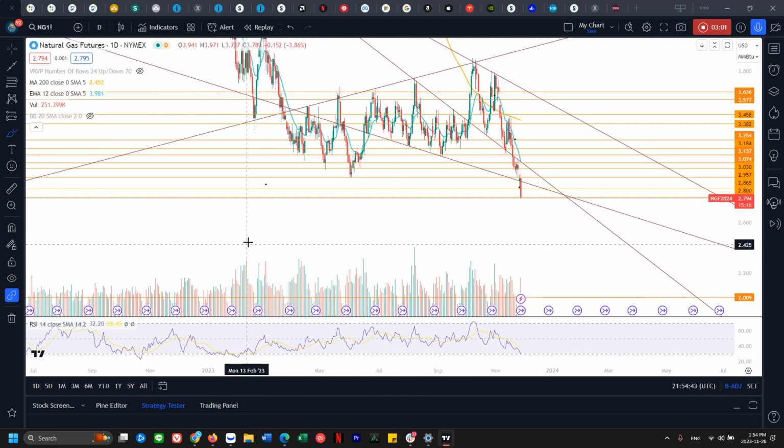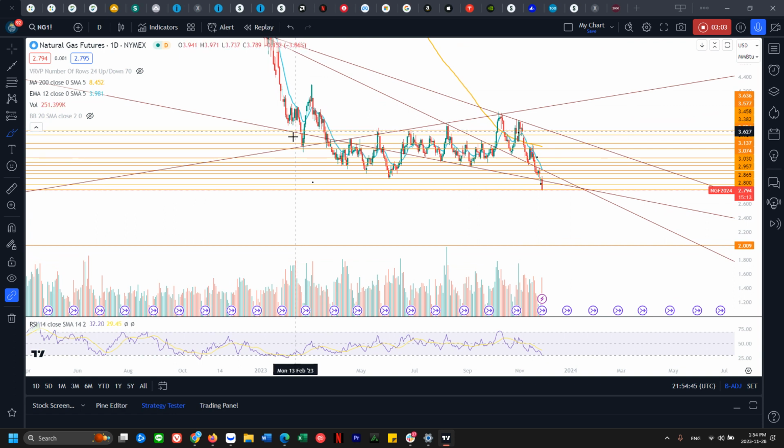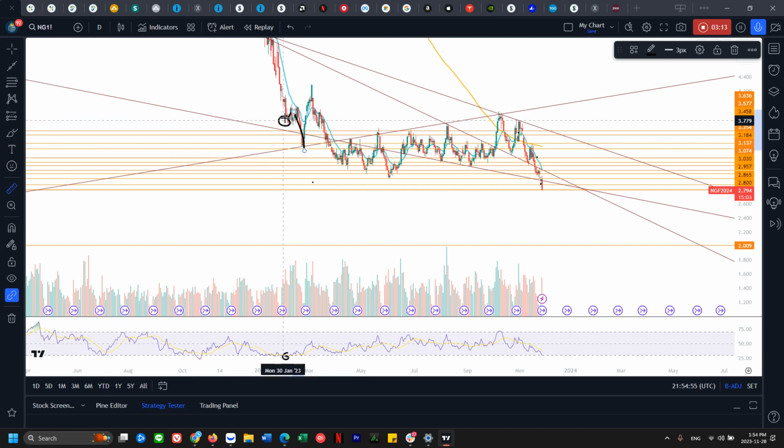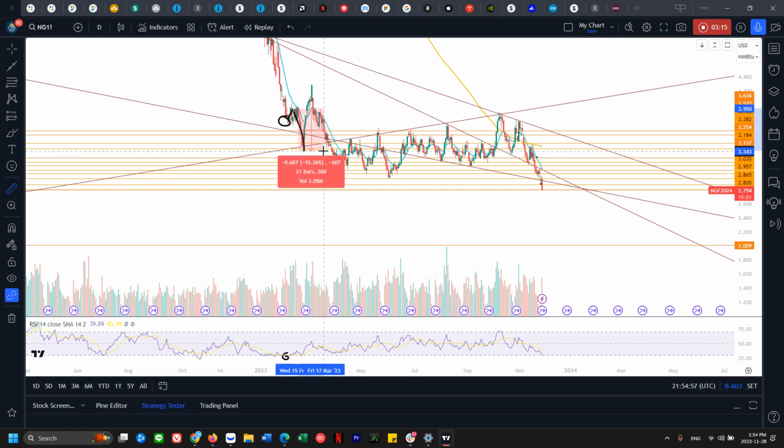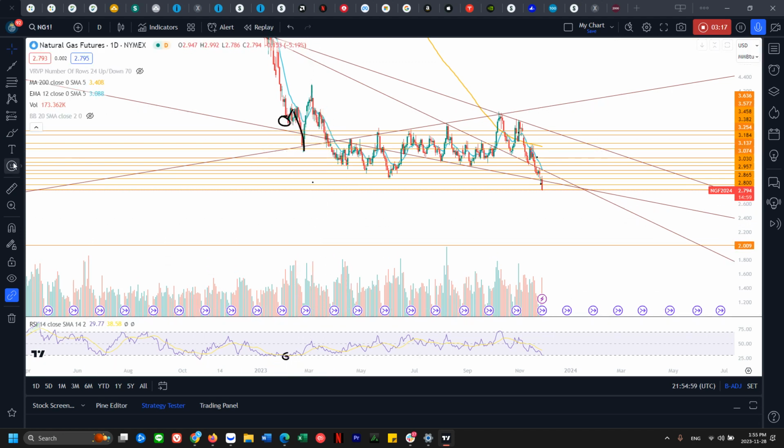All right, so you can see over here, clear example, when we hit oversold right here, which is this spot, we bounced a little bit. Guess what? We made a new low after that. And if you had just bought at that oversold, you'd have been down 15%. But the thing is that we made a higher low, a divergence, meaning the RSI is higher while the price made it lower. And that was one of the signals that made it bounce.